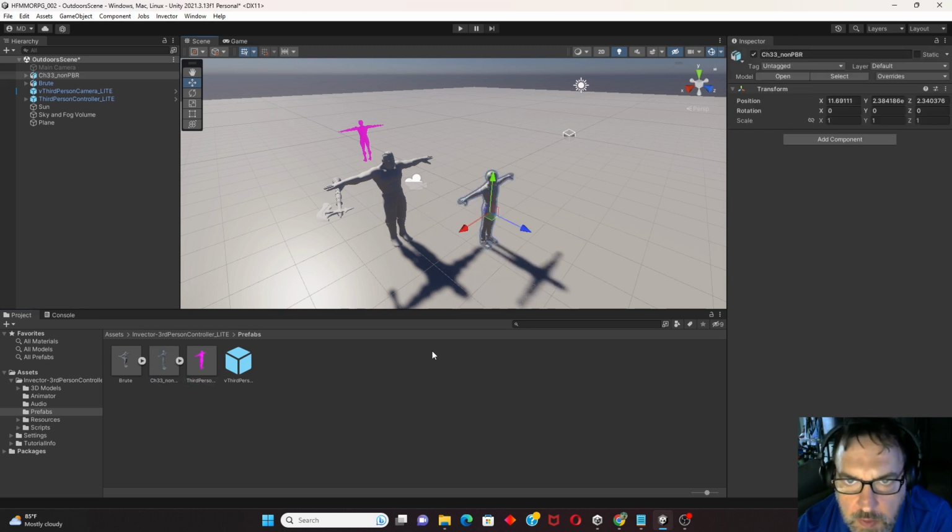Alright. So what we're gonna do is we have the third person controller working out of the box, but he's awfully pink. I don't know what he identifies as, but we have the movements down, and we're going to convert these MMO characters that are in a T pose. We're going to convert the materials. Then we're going to replace the third person